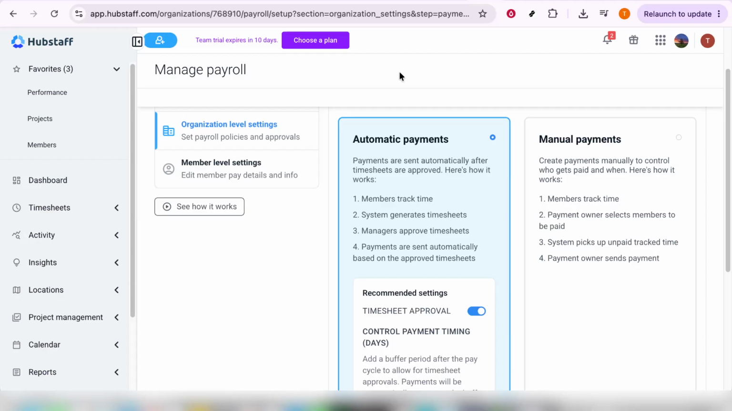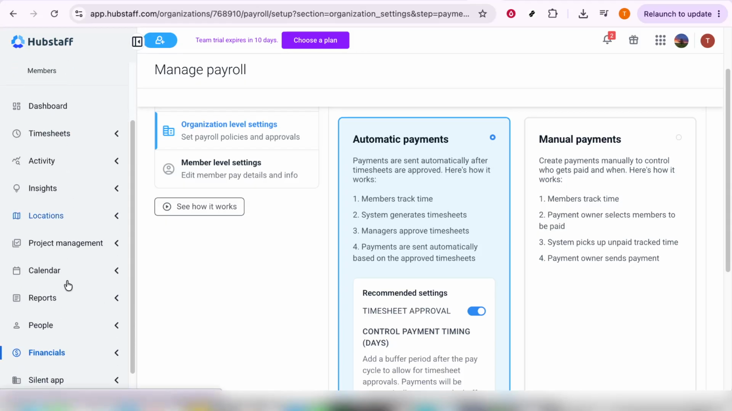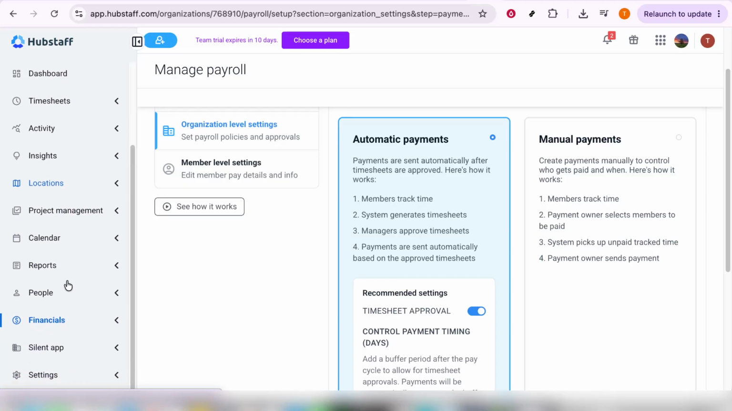First, let's navigate to the financial section of Hubstaff. Begin by locating the financial sidebar on the left-hand side of the screen. You may notice it contains various features that Hubstaff offers to make managing your organization's finances as seamless as possible. Click on that arrow icon, which will expand the financials options and bring us to the different financial management functionalities